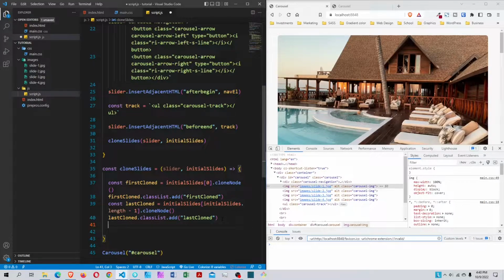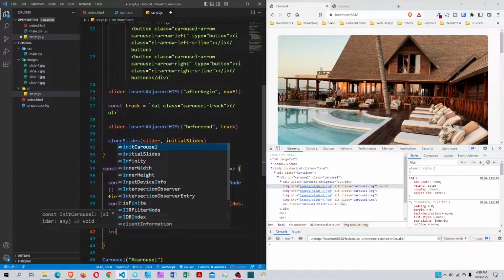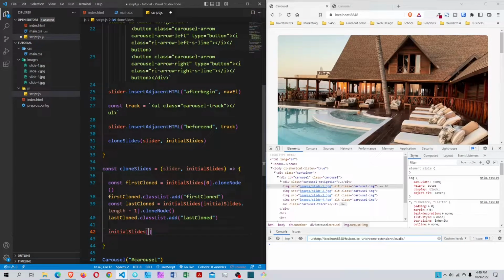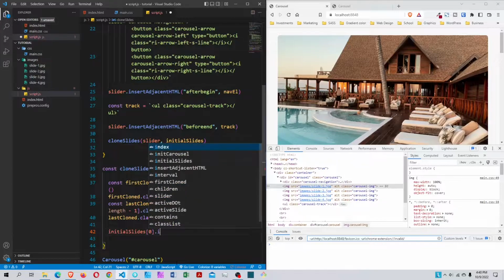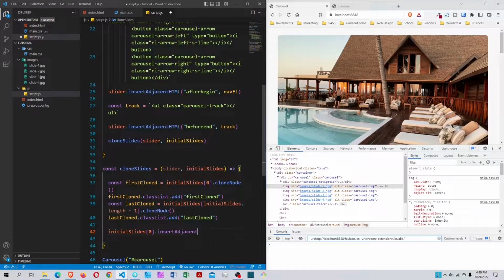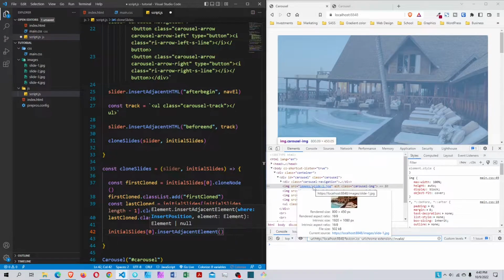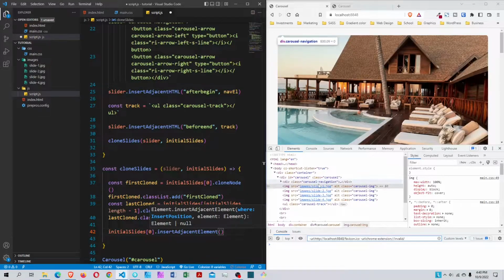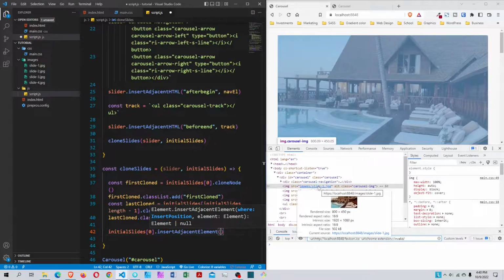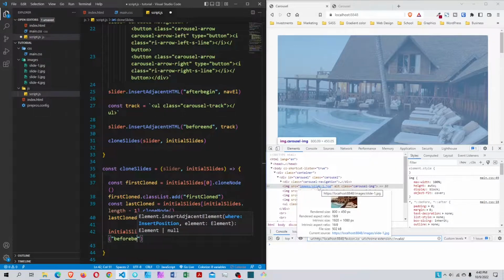I say the first one, initial, I'll grab this first one right here, show slide that inserts adjacent. This one won't be HTML, it'll be elements. And the position will be before begin, because we want to paste it before the 1 right here. So before begin,